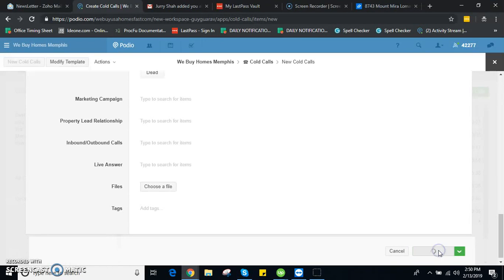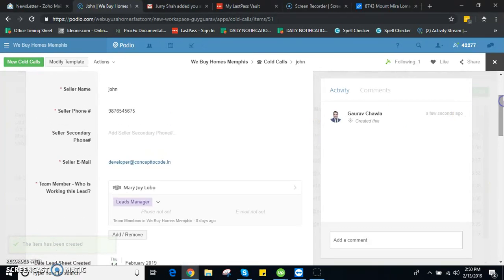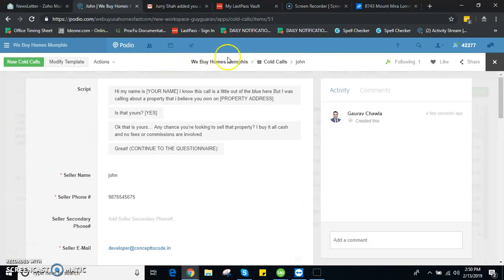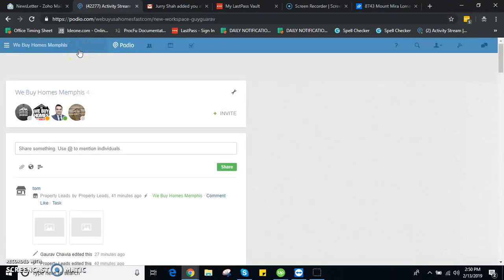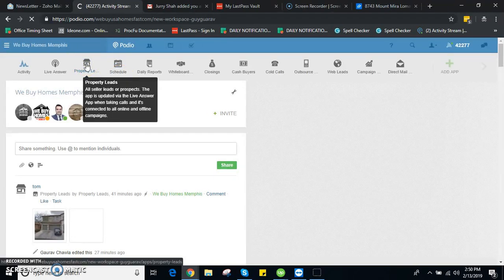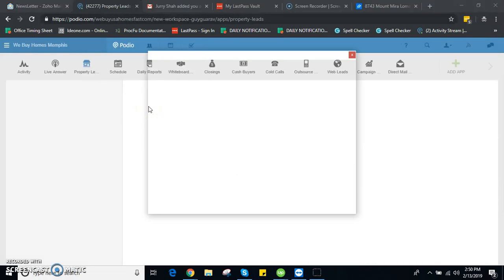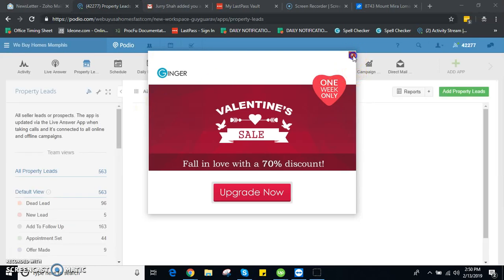Cold call from over here, lead from over here, cold call lead from over here. Okay, so you can see the item has been created. So this lead has been created with the information I have provided. You can also see this lead created via cold call in the property leads section. This is the property lead application. So when you click over here,